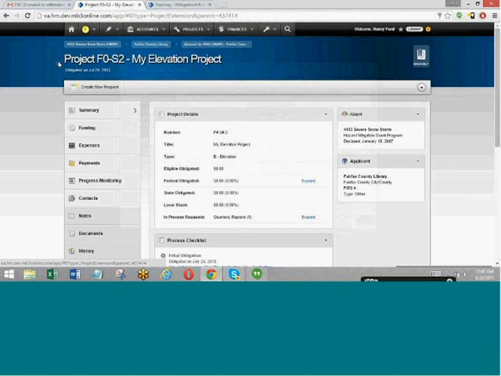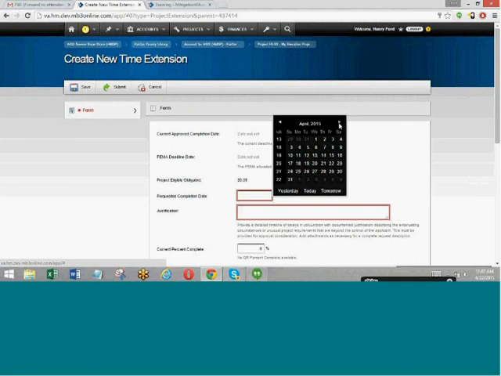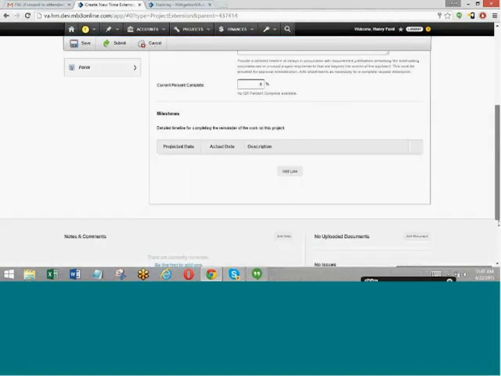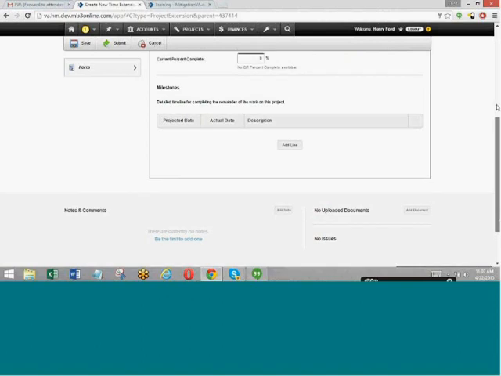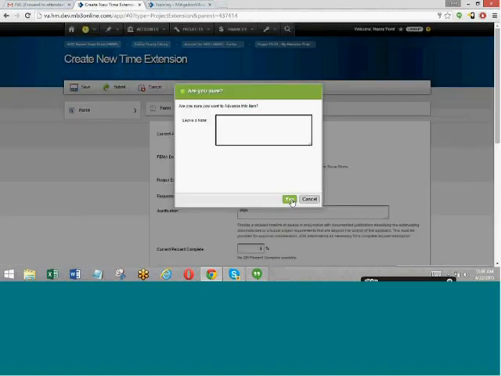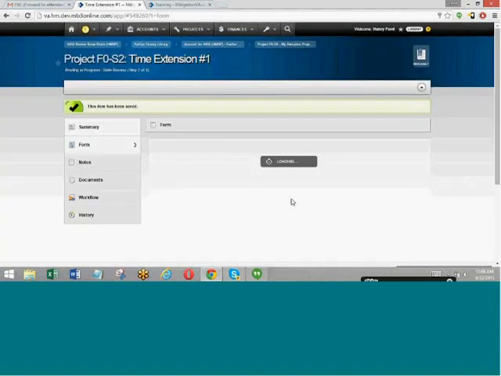That will navigate to a draft time extension form. I can say, you know what, I'm requesting my period of performance end date to be June 30th. Here's my justification, etc. You can say percent complete, milestones, etc. You can upload supporting documentation. You can add notes if you want to, like with any other request. And then once you're ready to submit this, you just hit the submit button, and that now goes to BDEM for processing. So as you can see, the process is exactly the same regardless of the request that you would like to submit.